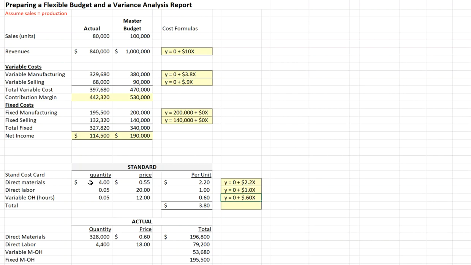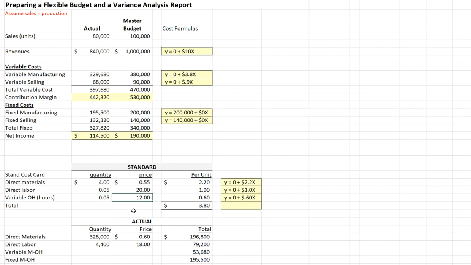Those are simply the standard quantity of 4 pounds or units per item times 55 cents. Direct labor is 0.05 hours times $20 per hour. Variable overhead, we're applying on the basis of labor hours as well, and it's 0.05 times a predetermined overhead rate